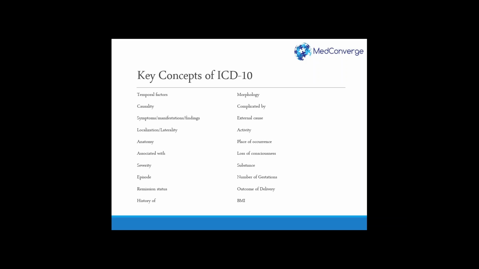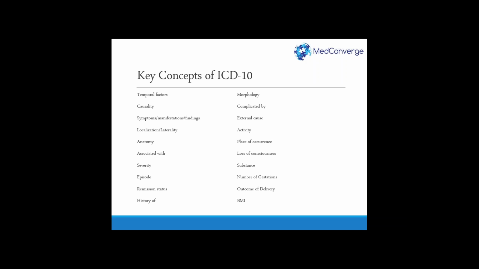So your documentation should include all of these depending on the condition you're treating. Temporal factors: you want to mention whether it's acute, subacute, sudden onset, whatever it is. The temporal factors, the causality, symptoms, manifestations, and findings, the location, the anatomy, if this condition is associated with something else, the severity, the episode, right? And the remission status, and if there is a history that relates to this or somehow affects this, the morphology,